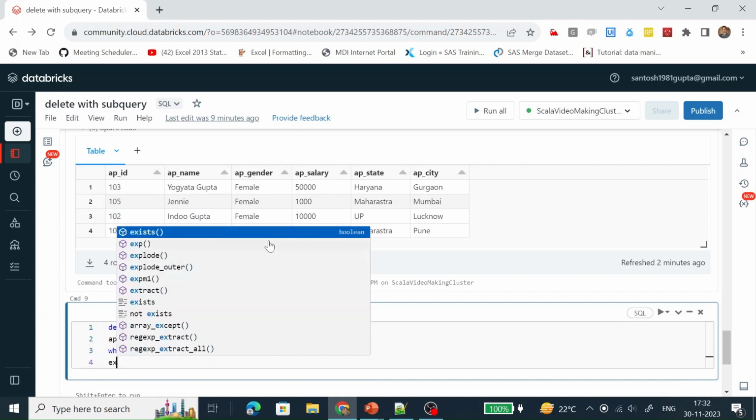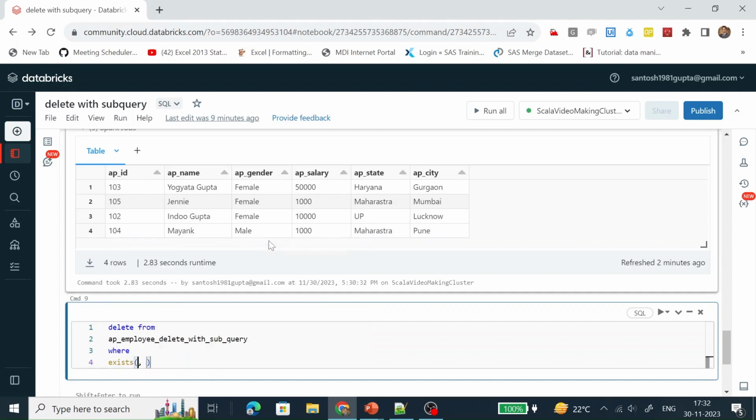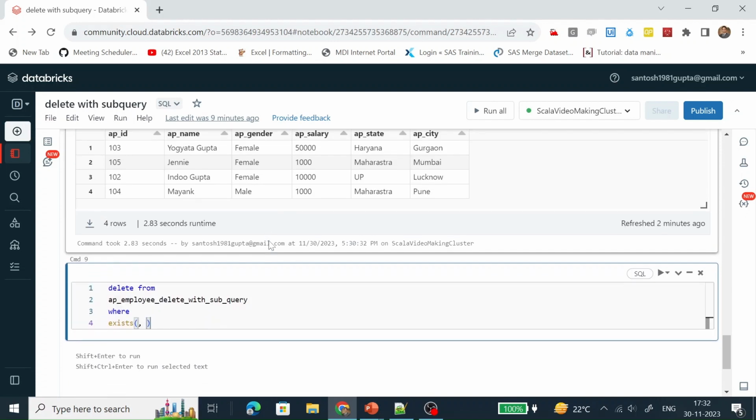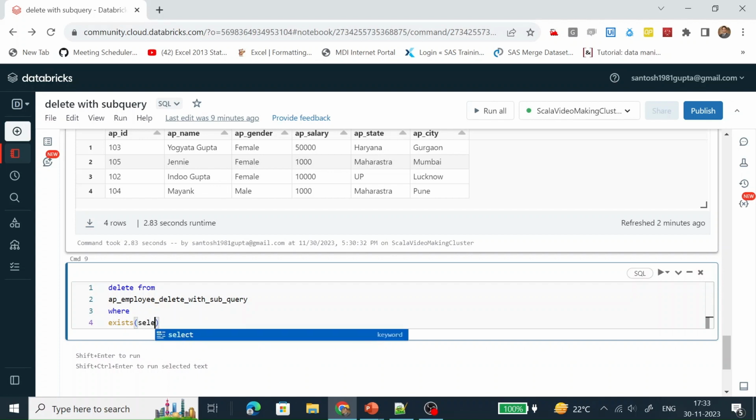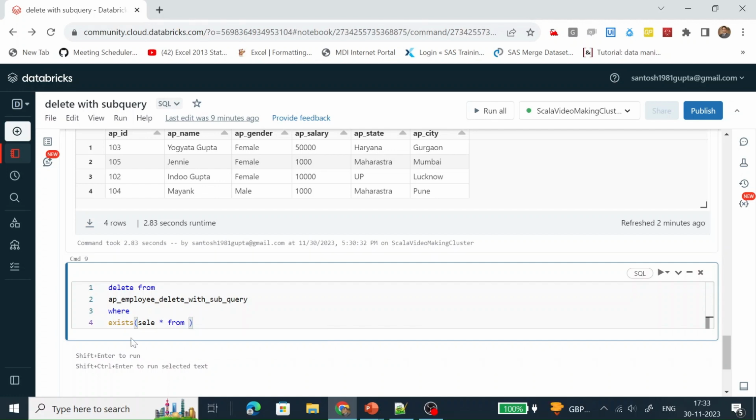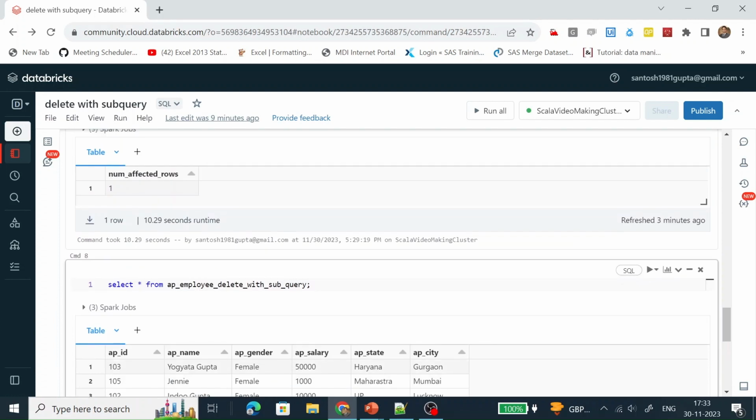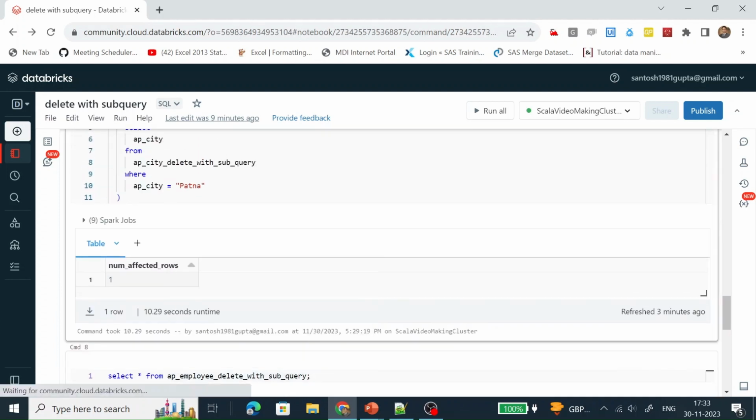Now we are not putting any column name; we are saying exists, and what it checks is a subquery. Select star from AP, here let's do an alias, let's put it A. This is the second table.